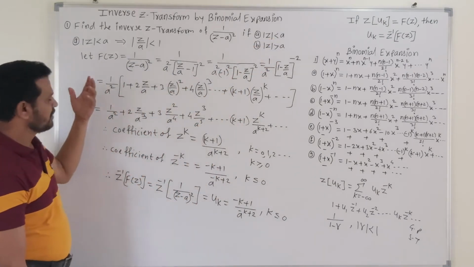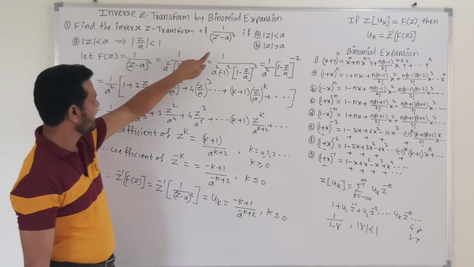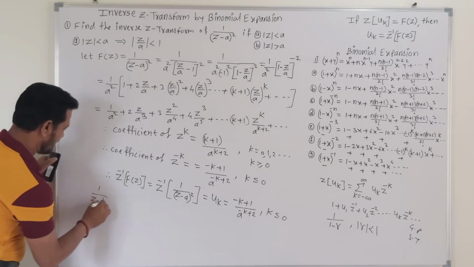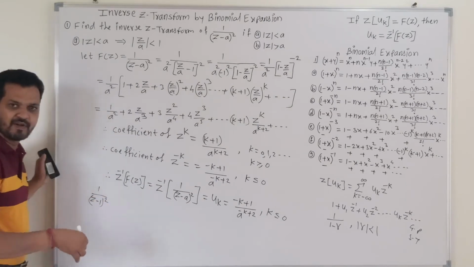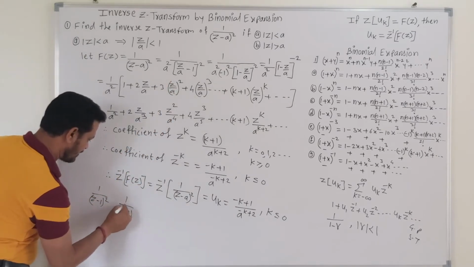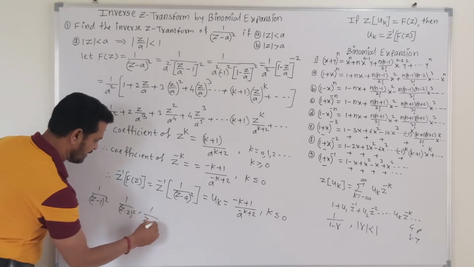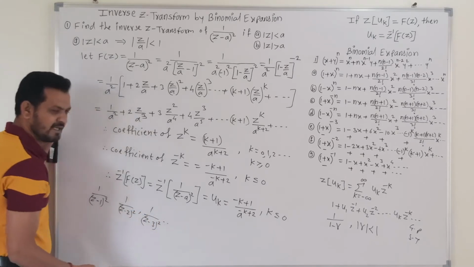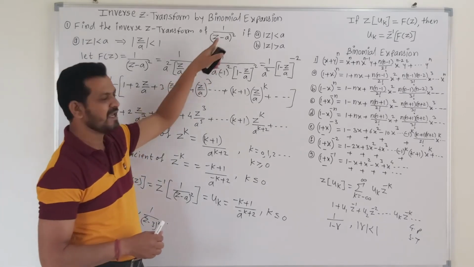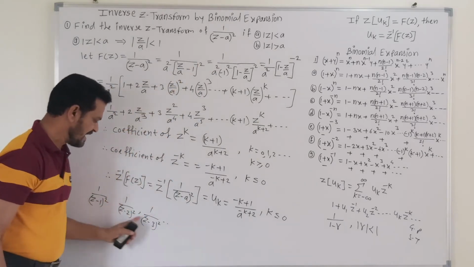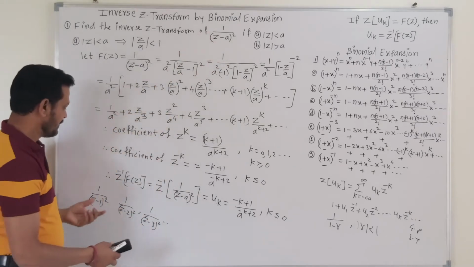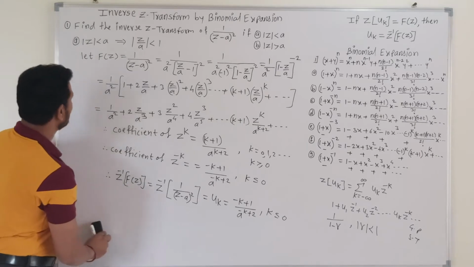So now in particular we may put the value of a as 1. We get another example. In particular, if we put this as 1 upon z minus 1 its square, we get one particular case. If we put a is equal to 2, then we get 1 upon z minus 2 its square. If we put a is equal to 3, then we get this as 3, and so on. So there are n number of possible examples after replacing a by 1, 2, 3, 4, and so on. Such particular cases we are getting when we replace a by 1, 2, 3, 4, and so on. So now friends, this is the first region of convergence.